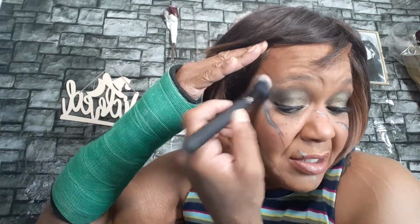Just in that area too. I want it to be real bright and isolated right there where the lashes would be. And if I want it to be brighter, which of course, you know, your girl loves a good highlight, you grab you an Oprah. You got to have an Oprah highlight. This is in Star Island. And I'm going to just